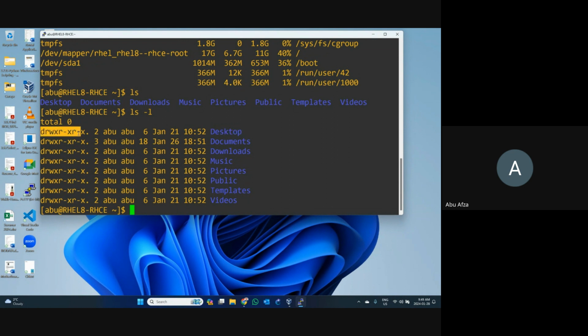First, this portion is the file permission and what type of file or directory it is. This one is how many users are working with that one. This one is the user. This one is the group. This one is the date and time when you created this one. Sorry, this is the date, and this is the time when you created that file.